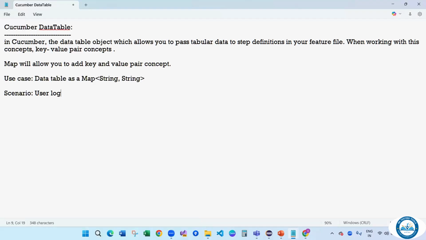So user login with multiple credentials, and you can add a given step: user logs in with credentials, and you can pass here a pipe symbol, username, and password. These are the column names, username, password,